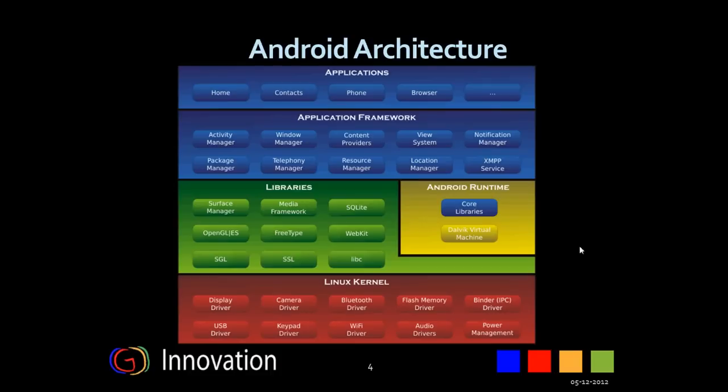Next is library. These are the Android native libraries. It is this layer that enables the device to handle different types of data. These libraries are written in C or C++ language and are specific to a particular hardware. Now let's talk about some of the important native libraries in detail.